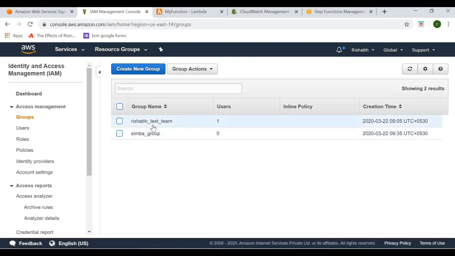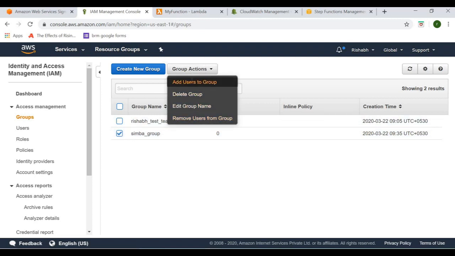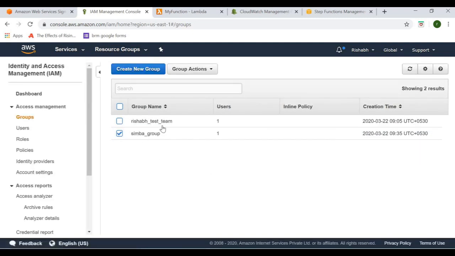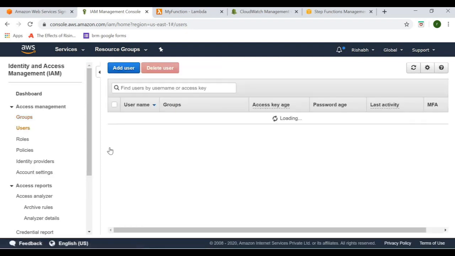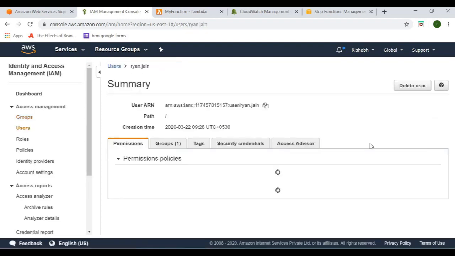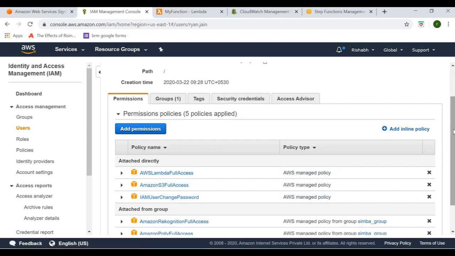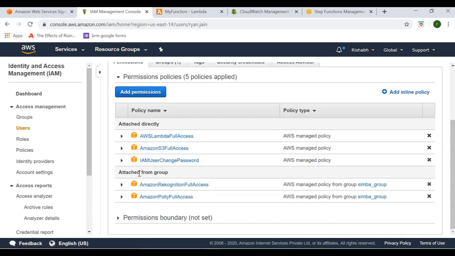So now this group is created. Now if I want to use this group, I can just click here, and I want to attach any of the user to it. So I click on add user, I select this user. So now this user will have access to whatever permission we have already provided, right? So if we go back to user, and if we select here, we can see that we provided two access to it, Lambda access and S3 access, but we also attached it to a group.